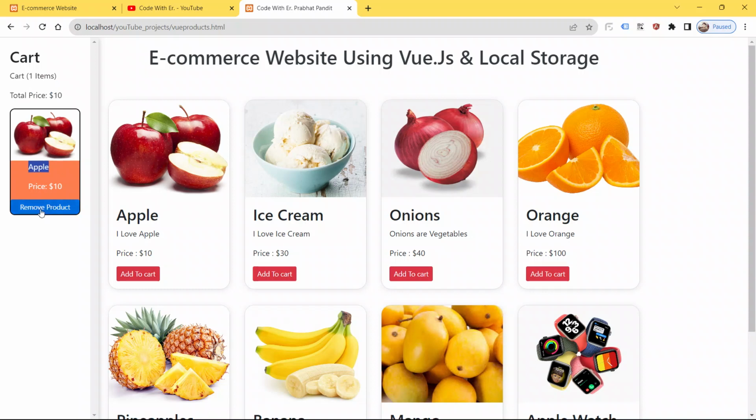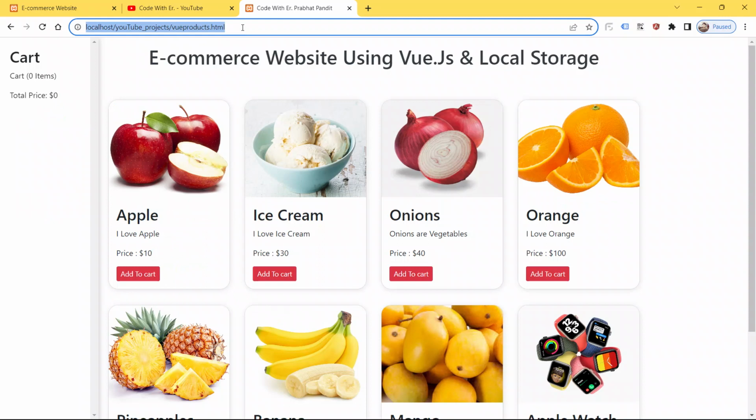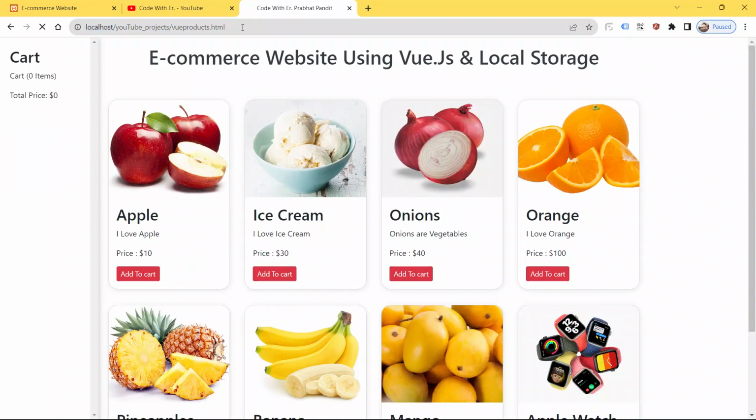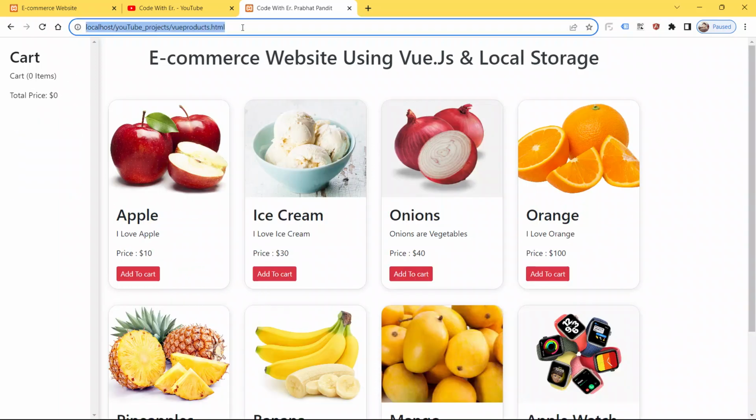Okay, so now I'm gonna remove the product from the cart. See, now refresh the page. See, boom guys. So guys, let me just give you guys one more tip from here. As long as I am refreshing the page, you will be able to see something, and then only you will be able to see all the products. Okay, you will be able to see something now, then only.